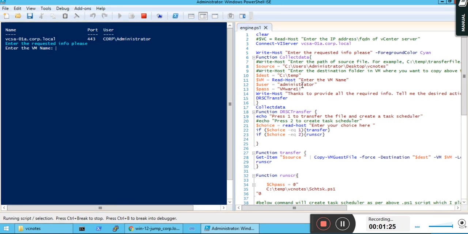This is the username which I know is set in this virtual machine, and I know the password of this username inside my virtual machine. In case the username and password are different and you know them, you can put Read-Host and then enter your username, Read-Host and enter your password, and you can secure your password as well. Many use cases can be there, so I would like to proceed with this one.